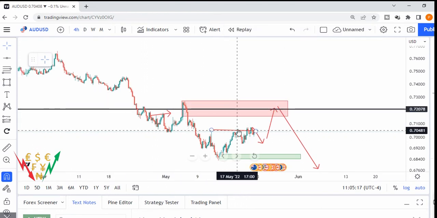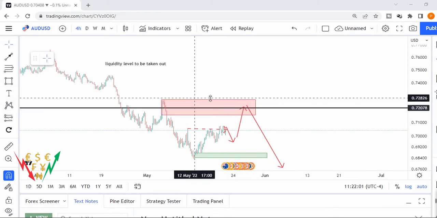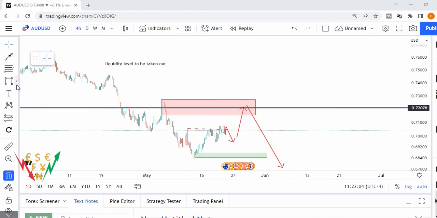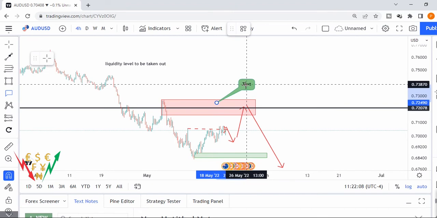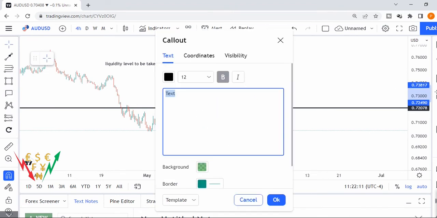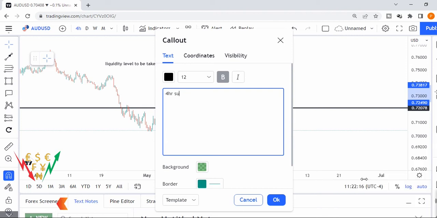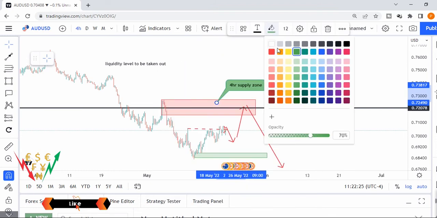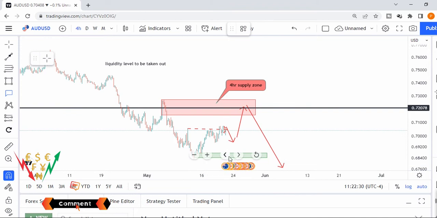So guys, right here, like I said, we have our supply zone and our demand zone. So let me indicate, yeah. For our supply zone, I'm going to write it down, this will be easier. For our supply zone, let me put it in the red box, and then we have here a 4-hour demand zone.